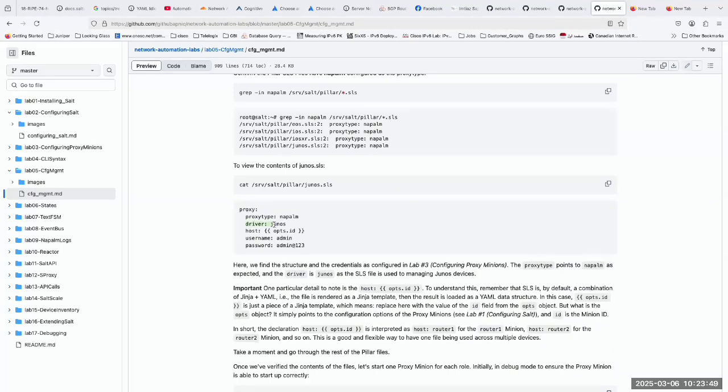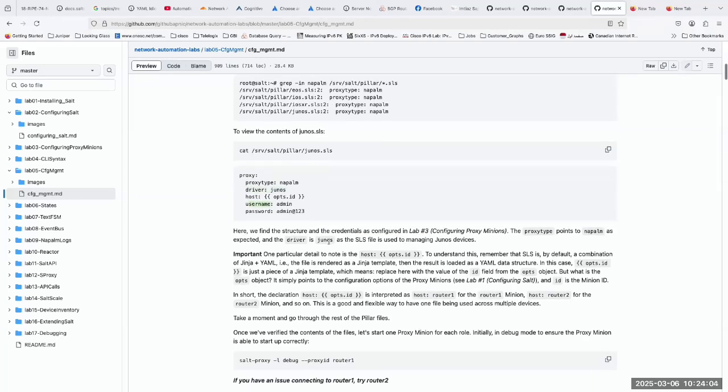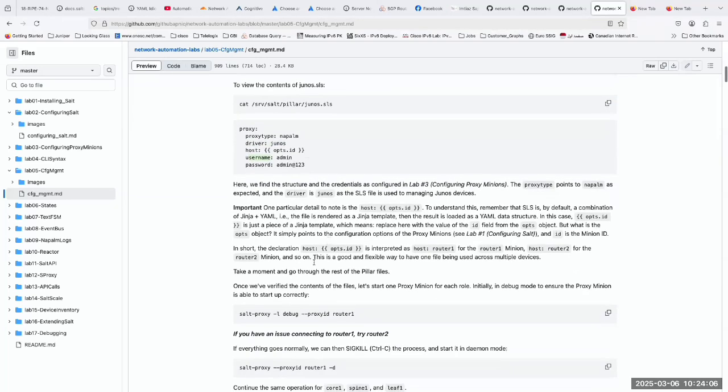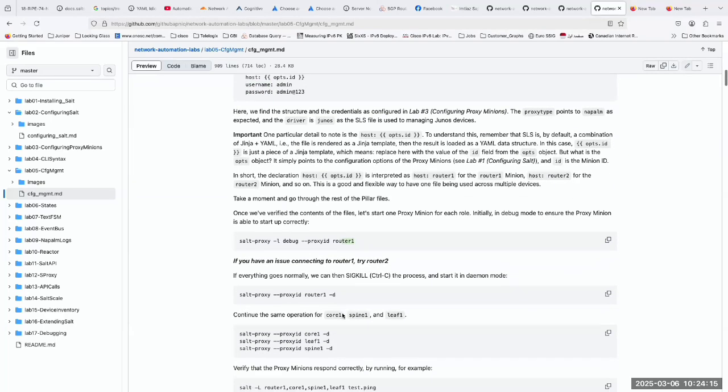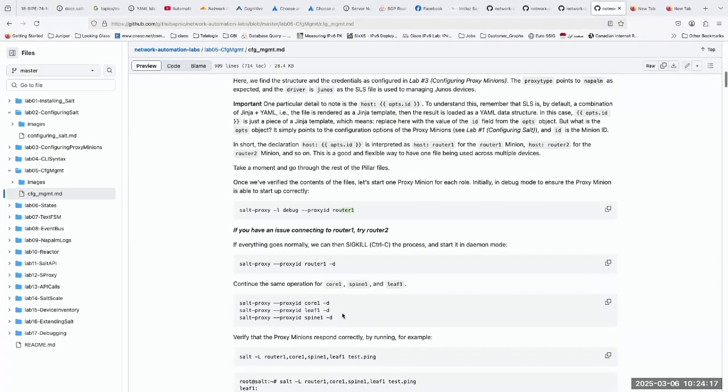Driver is where you need to specify the operating system on the other side. Host, here you have the option ID. This is the proxy minion ID you have for this device. You need to specify the username and the password. Based on this, it will be able to interact with the device. Then we can execute salt, the proxy ID and router 1, so it will be able to interact with this device,